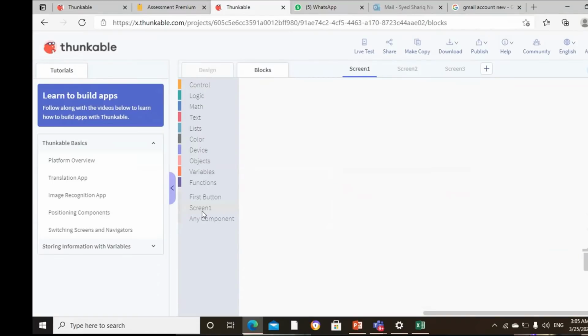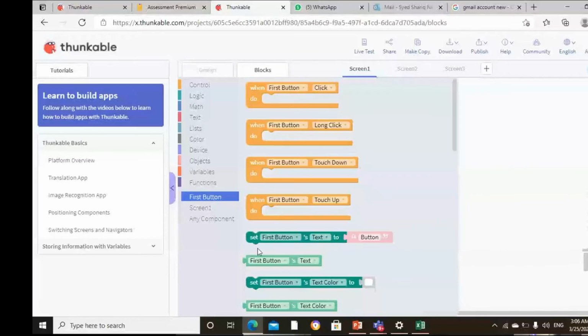Whatever we have on our screen, it will show here. So I click on first button. See, now when I click on this, you can see different programming, but it's ready-made, it's built-in. Means you no need to create, no need to write the programming.